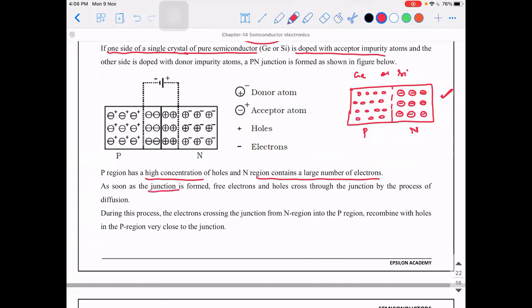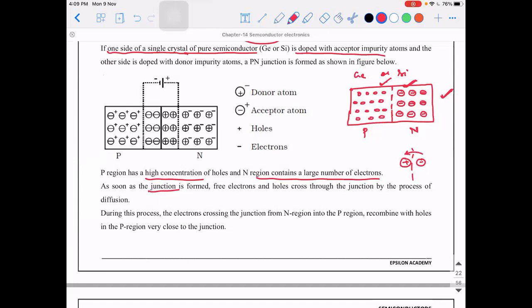So as soon as the junction is formed, right? Now comes the important point. As soon as this junction is formed, do you think all these electrons are going to stay at their original position and all the holes will also be able to stay at their original position? Is it going to happen? Suppose I have a positive charge and a negative charge and they both are close to each other. Will they be able to hold their positions at the same point? No, sir. What will happen? There will be some neutralization process that is going to take place.